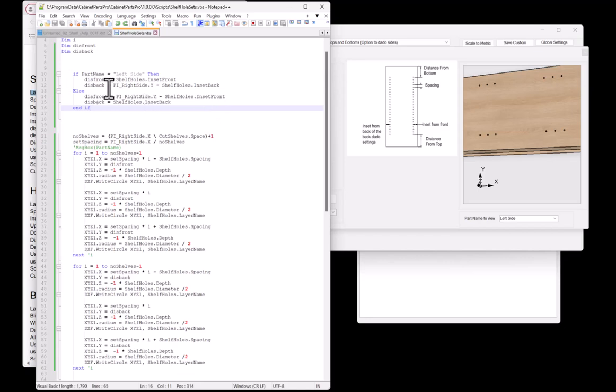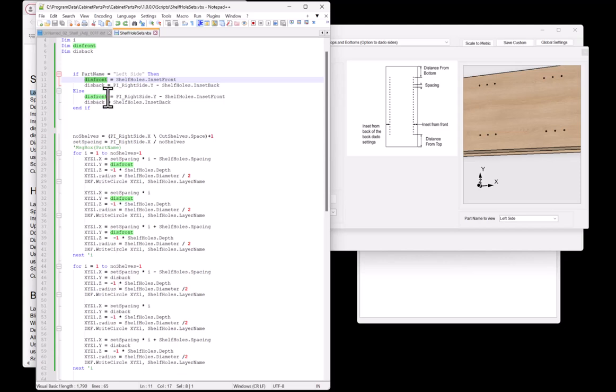And that is what's going on here in this statement here. So if the part name is equal to the left side, the distance from the front is just up in the Y direction, and then down from the top is the width in the Y direction minus the inset. We are then using those variables down in here in the